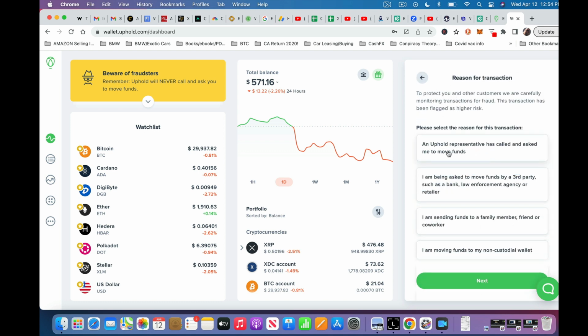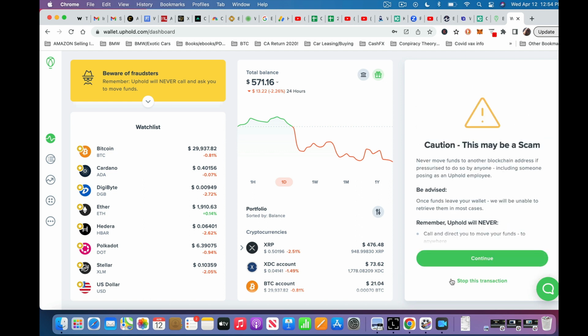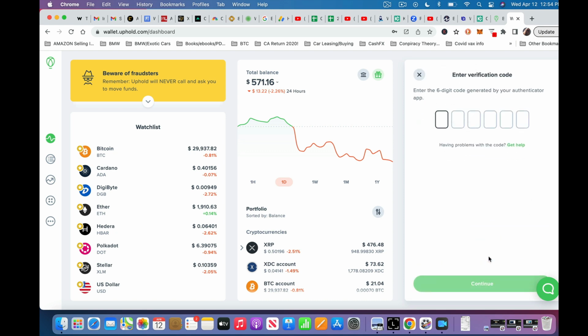Uphold, to protect you and your customer, carefully manage. This transaction has been flagged as high risk. Really? Oh, come on. I'm going to do this and just hit next. Caution, this may be a scam. Okay, so they're trying to protect me. No problem. Okay, and I have to go over here to my Uphold. Okay, so I'm going to put in this code,